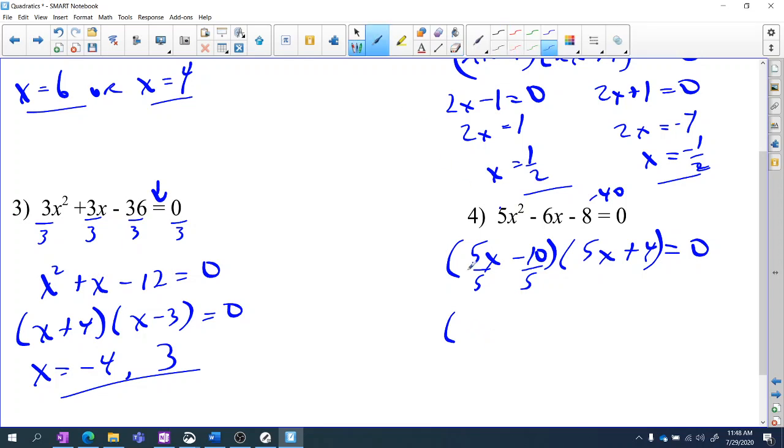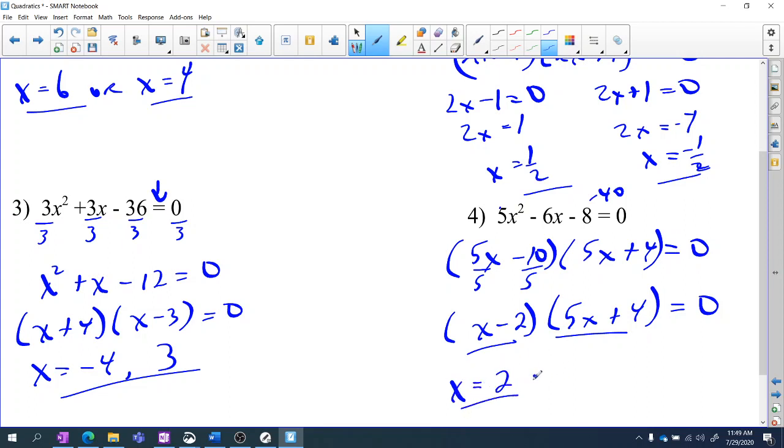So it's x take away 2, 5x plus 4 equals 0. So you look at the first bracket, because this is multiplied by this, and the answer is 0. So you say, well, what would make the first bracket 0? x could be 2. There's one answer. Or you say, what would make the second bracket